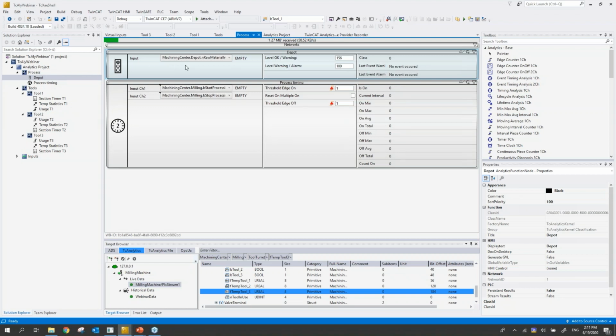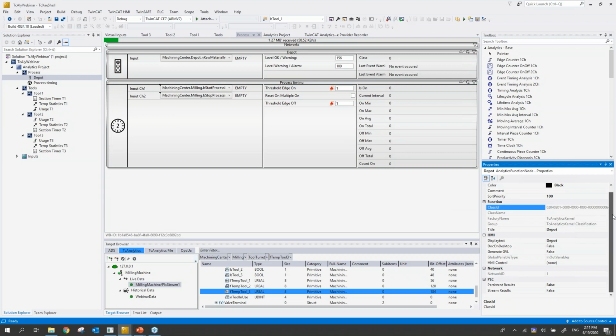We go here to the different algorithms. So at first to the depot algorithm. You will remember this algorithm checks if the stock is still full, so that we can go ahead with our production. And for this, it makes sense to have something like a traffic light. So we go in general here to